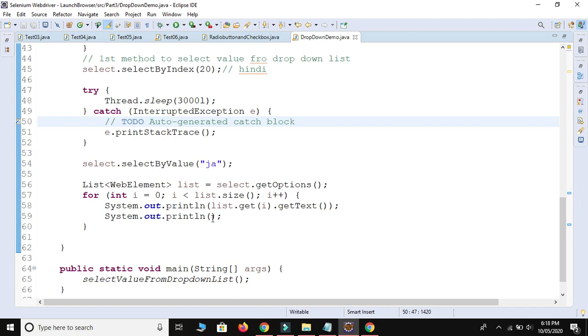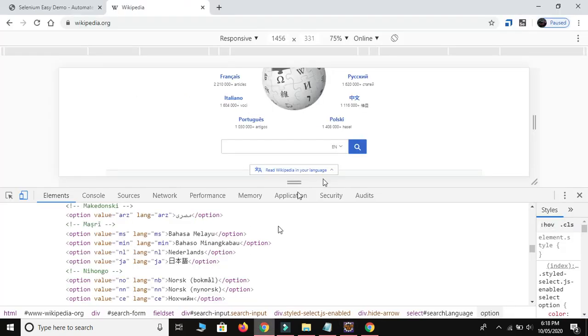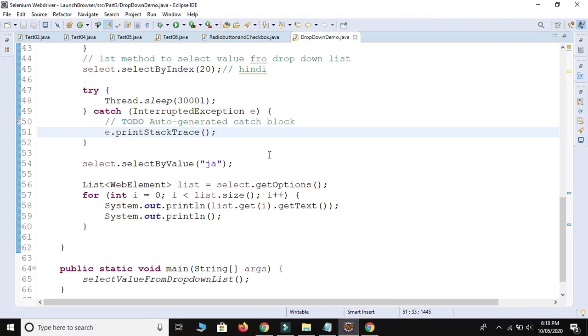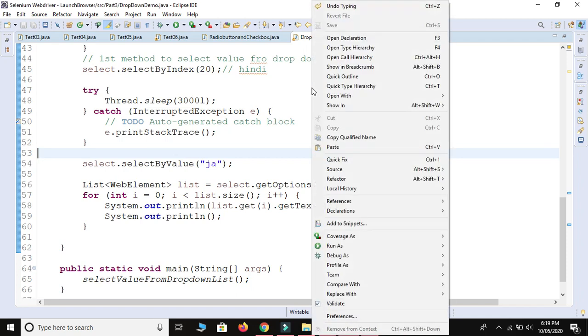If I execute this code, then our console will not be able to print different languages. It will print only those languages which are developed using alphabets A to Z. Okay, but I need to print all the languages. This one, Chinese language and each and every language. So how to do this? If you want to print all the elements which come with different languages, just save your program, right click on the page and select run as run configurations.